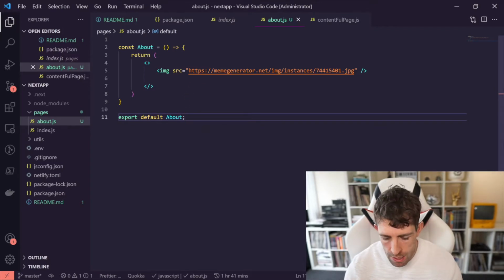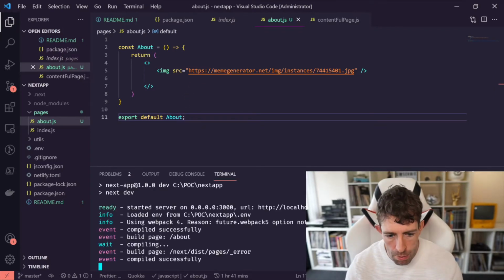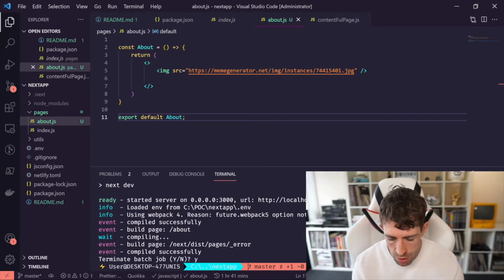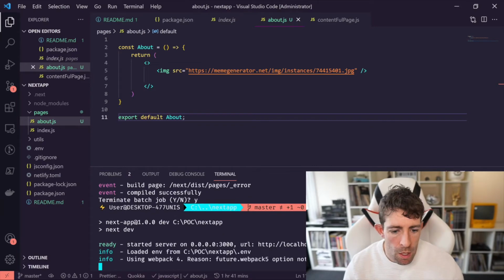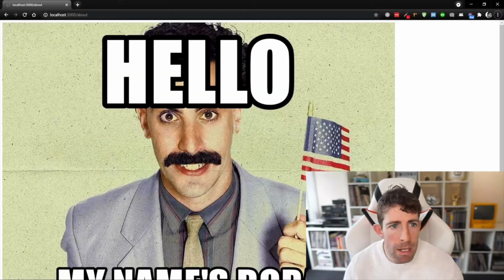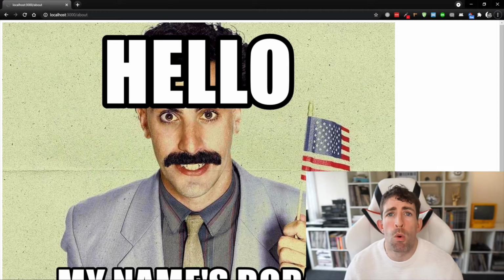Amazing. Now I am running my dev environment. Let's show that just in case you don't know how to do it. So we're just going to run npm run dev. Off it runs. We're going to go back to our page. We're going to click refresh, and as you can see, we have Borat, his beautiful face, showing us on our